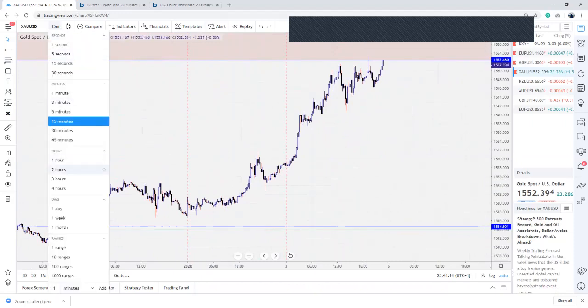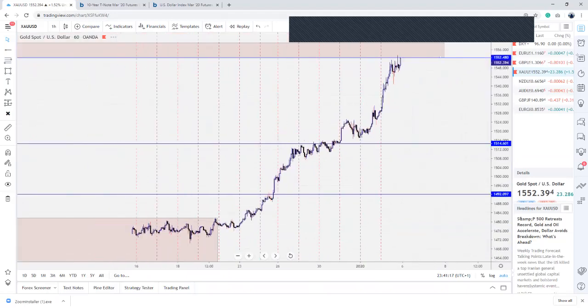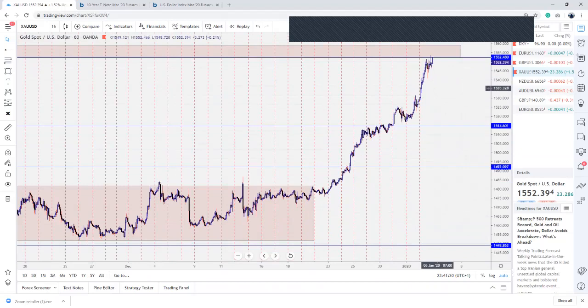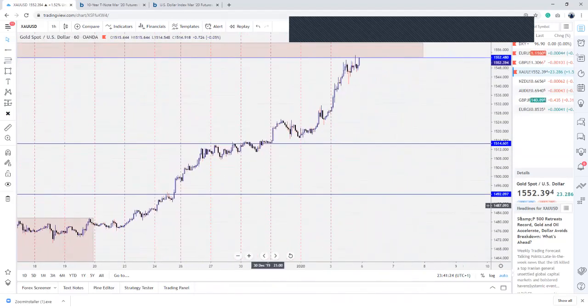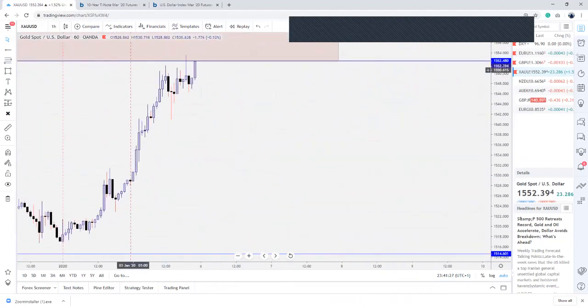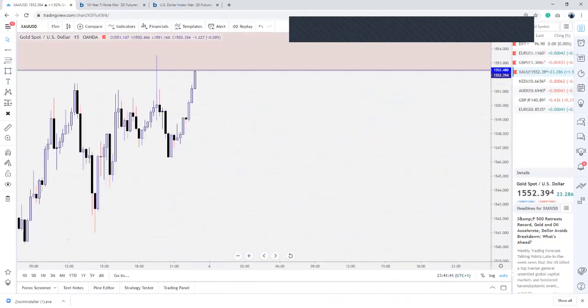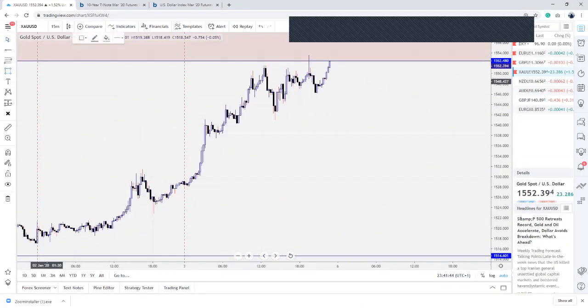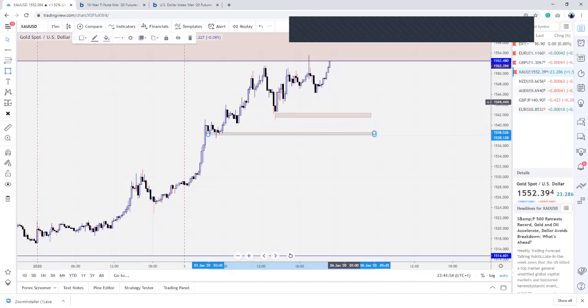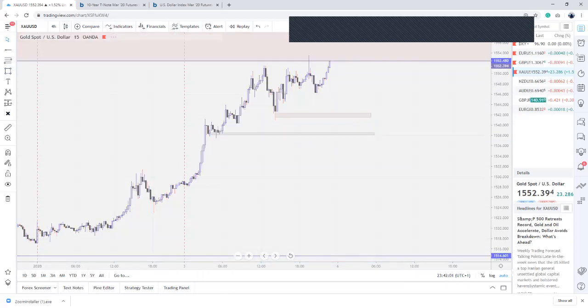What I feel gold is going to do is trade up, maybe dip into this level for a breaker. If the market pulls below from this level, then it's going to try to attack this level one more time, then pull down. Once the market starts to take out this low and this, then we could start looking at retracements to sell off gold. So we're going to look for a retracement to sell off gold,